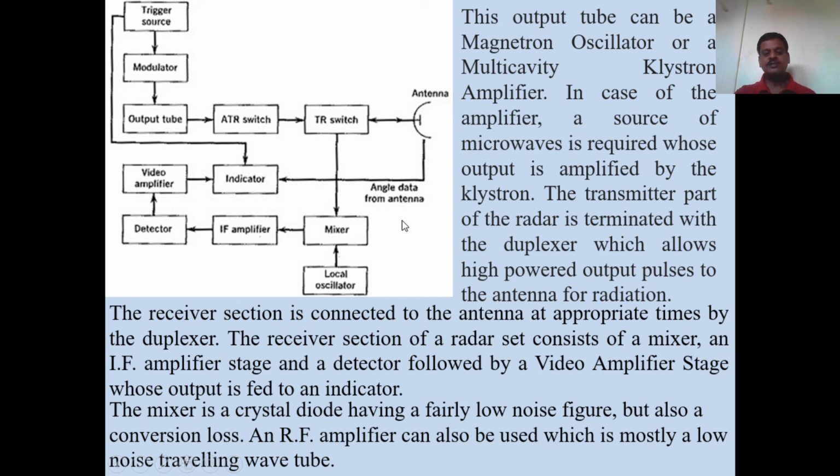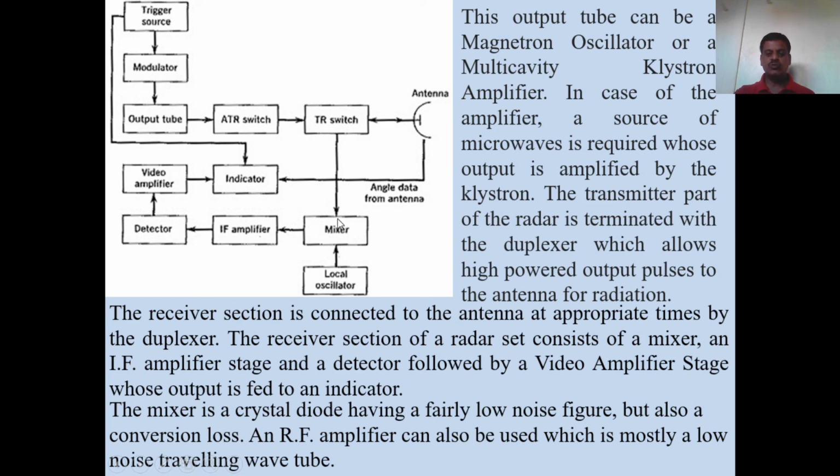And as the receiver section is connected to this antenna, the receiver section consists of the local oscillator, mixer, IF amplifier, detector, video amplifier, and indicator. So let us see the working of the receiver. This is the local oscillator, and the function of local oscillator is to produce the high frequency, and this